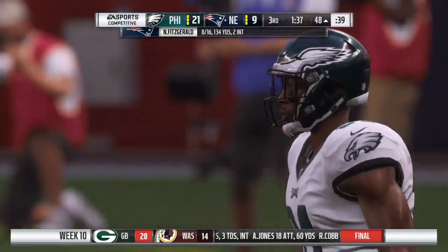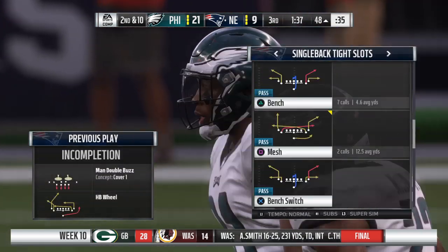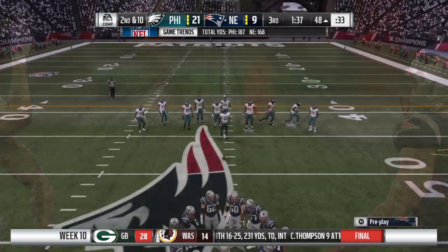Now here's a pass on 1st down that's knocked away and incomplete. And we just saw another example. These cornerbacks have played tight coverage all